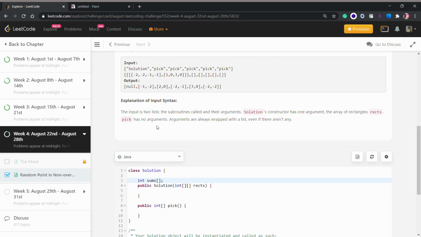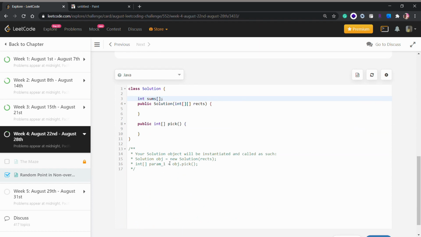So sums of 0 will store 25, and then let's say our second rectangle has any random number, I'm just taking a random number, say 28. It will add that 28, so sums of 1 will become 53. So it will count the total number of possible points, and it will just keep incrementing.